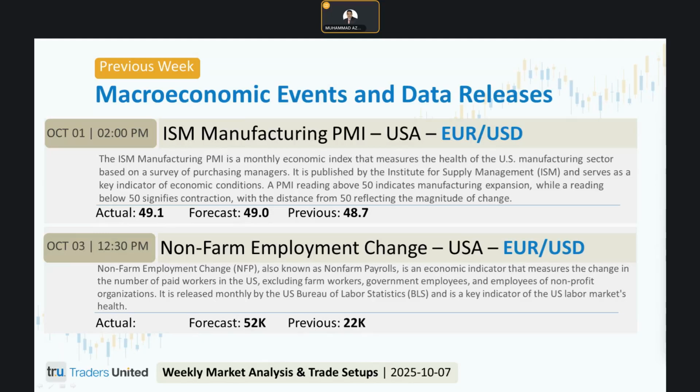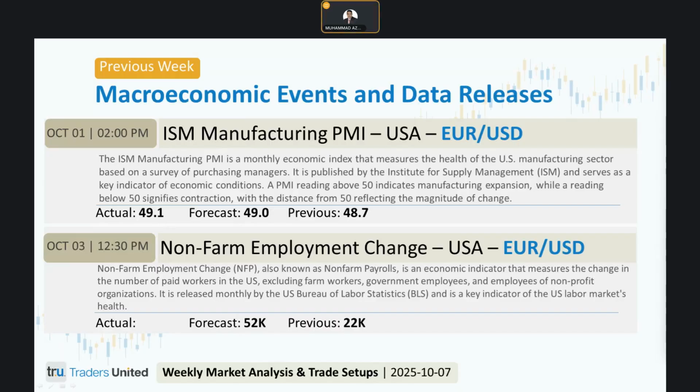So markets were on high alert for the key economic release of the week, the US jobs report scheduled for Friday, October 3rd at 12:30 p.m. UTC time. However, forex traders were met with an unprecedented situation: the official cancellation of the financial data report due to the ongoing USA government shutdown. This left the forex market in a data vacuum, forcing it to trade on uncertainty and shifting expectations.